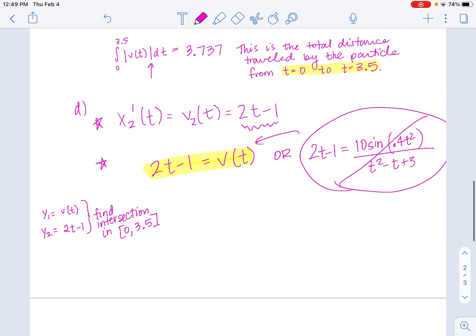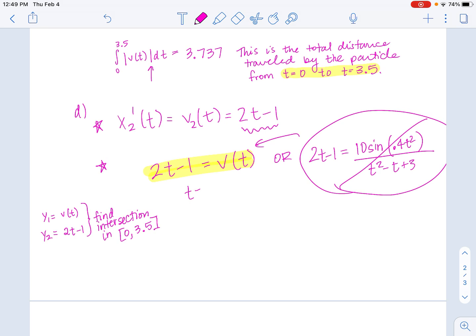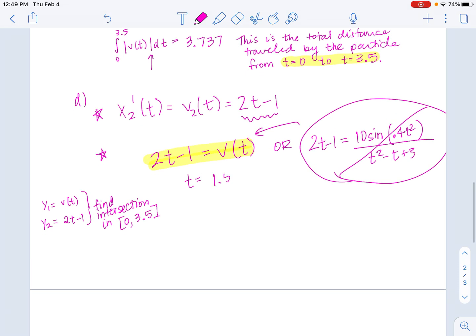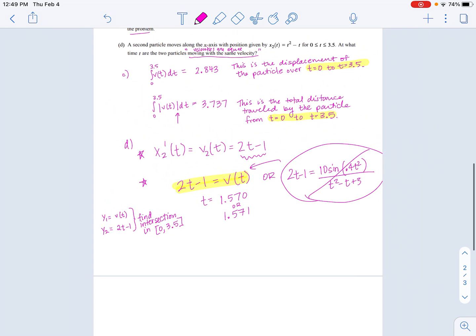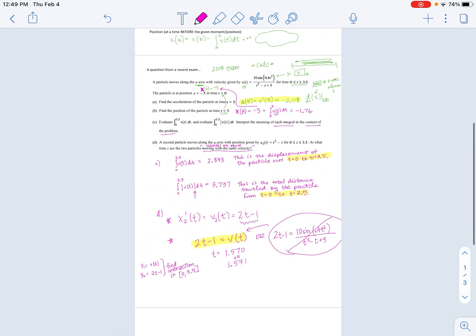So with that equation solved, you just have to hit second trace, choose intersection, choice 5, and enter, enter, enter. And then you should get 1.570, and another acceptable answer if you rounded would be 1.571. Okay, so all of this work aggregately together on this problem